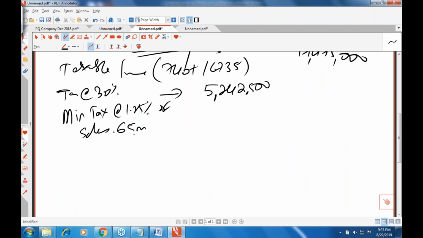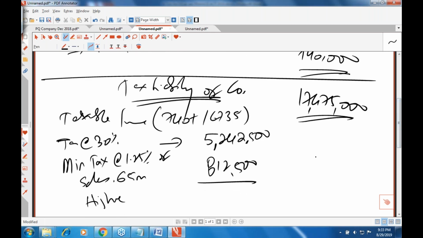So if I say 65 million into 1.25%, it's going to be 812,500. So whatever is the higher amount, that is the tax liability. Resultingly, the tax liability of this business is going to be